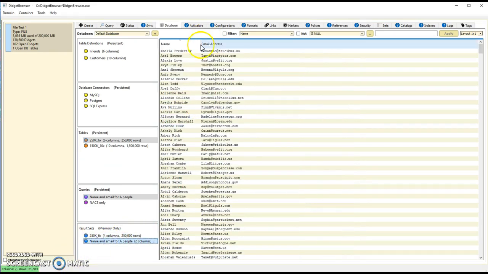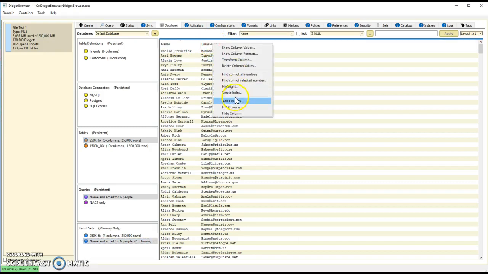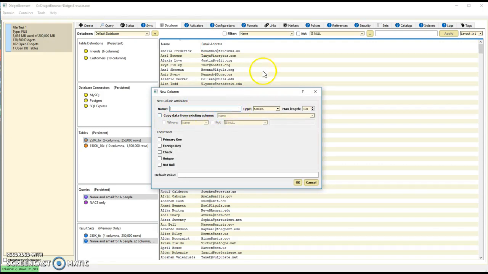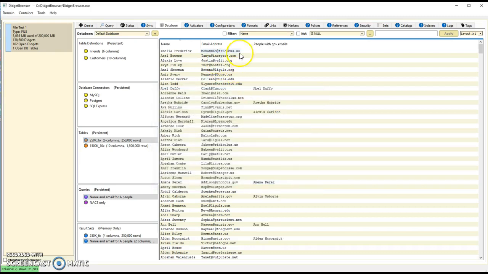The next feature, let's create a new column and copy data based off of some address information. So for example, let's come here and add a column. In this case, we want to say people with gov emails. And we want to copy the names where the email addresses end with the .gov. So now we have